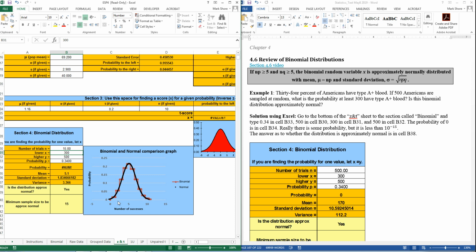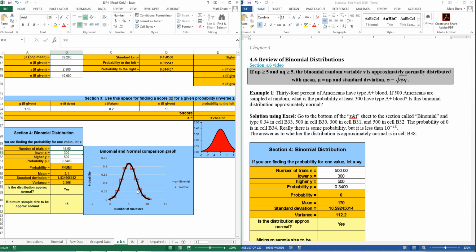So there's a probability of 5 people saying yes, or 6 people having type A blood, but it's not 5. There's not a probability for 5.5 or 5.3 people having type A positive blood. But the